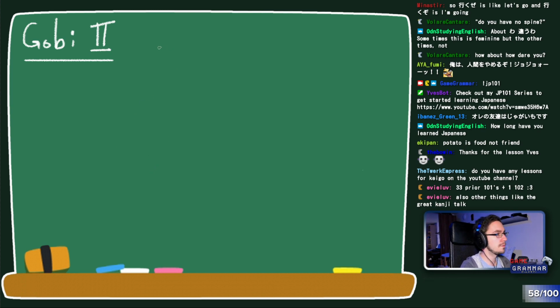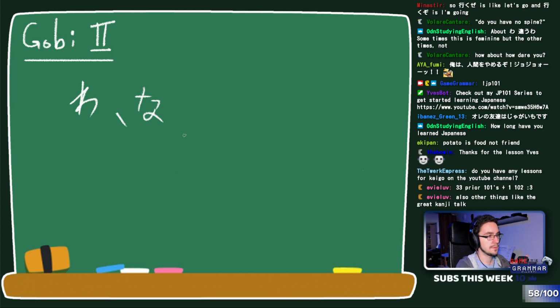Yeah, let's do a quick overview. Okay, so which particles, which gobi did we talk about today? We talked about wa, in its more masculine and more feminine form, both of them. We talked about na, three usages of na. Number one, a replacement for ne, which is a little bit more masculine. We've talked about using it as a negative imperative,